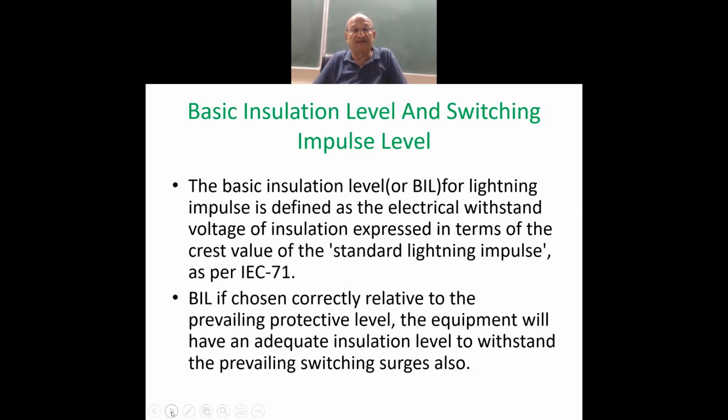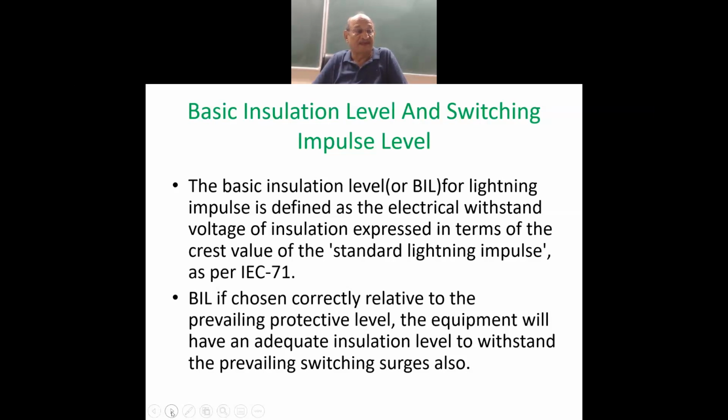I can imagine one question must be coming to your mind. When the whole network is provided with a grounded wire on the top, which is supposed to let the lightning discharge current go towards the ground and protect the system below, why are we so much concerned with the lightning overvoltages? Still, we are concerned with the lightning overvoltages.